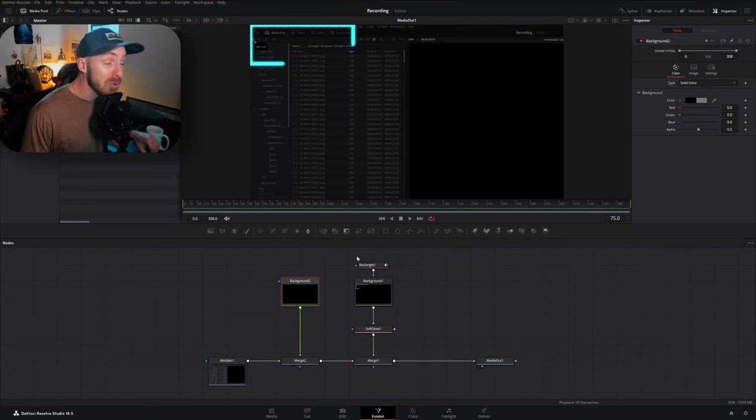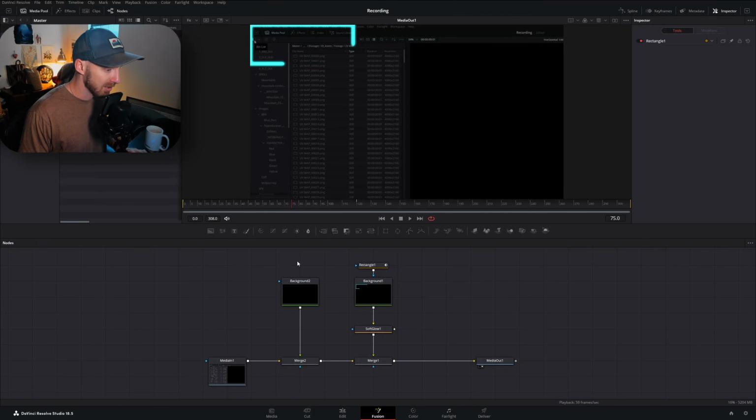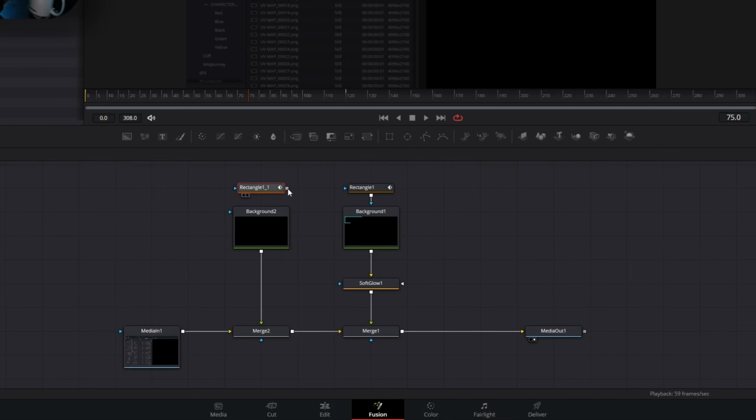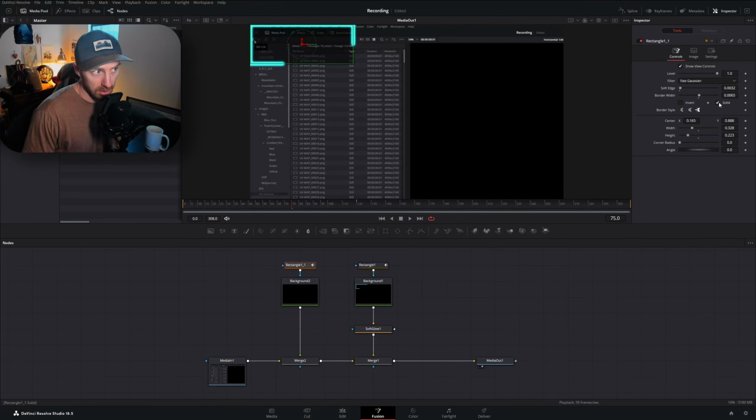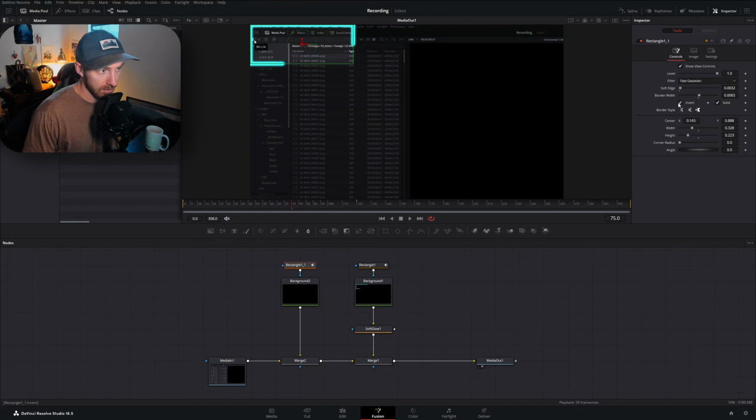Okay, so here's where some Fusion shenanigans can come in that might make your life a little bit easier. Now you might be thinking all we would have to do is copy and paste this rectangle node and then drag the output from that node back to the masking aspect of this background node. At first it doesn't work, but you're like, oh, I'm smart. All I gotta do is check on solid and then hit invert. And now we have